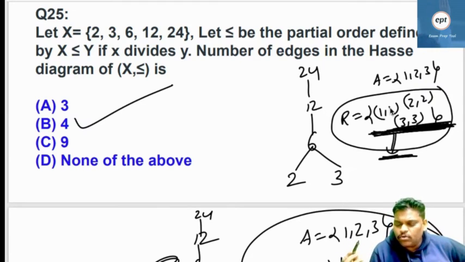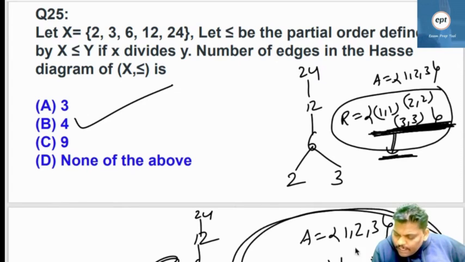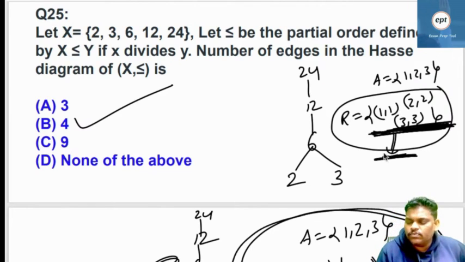Don't bring unnecessary conclusions. Right? See this one. This may be true. It is symmetric, it is transitive. Symmetric and transitive. But it is irreflexive, yes, because no (x, x) pair is there. But here, if you observe, the (x, x) pairs are there, so it is not irreflexive. It is reflexive.